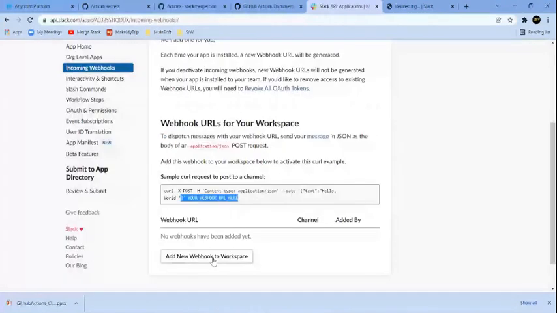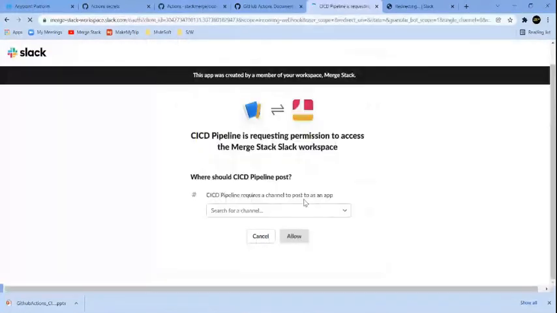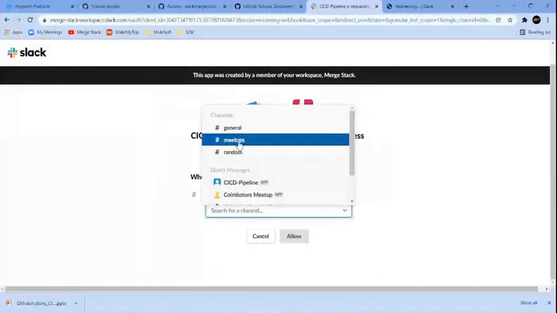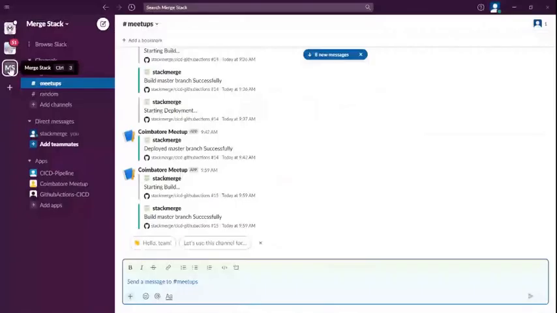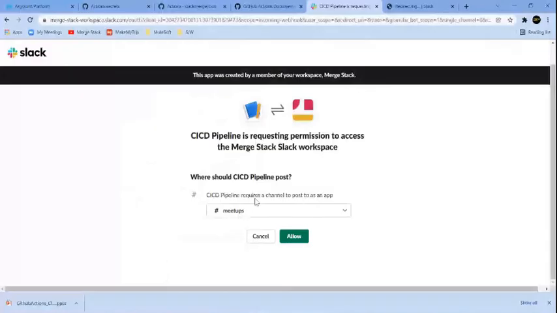So I have to click here and you say select the channel. Which channel? So I said Meetup. This channel is available in my workspace, guys. I showed you, right? Let me show you, you can see that this is my MuleSoft workspace. Inside that I have Meetup channel. What I'm saying is this CICD pipeline app, I am authorizing that app to post messages to this Meetup channel. So once you say allow,